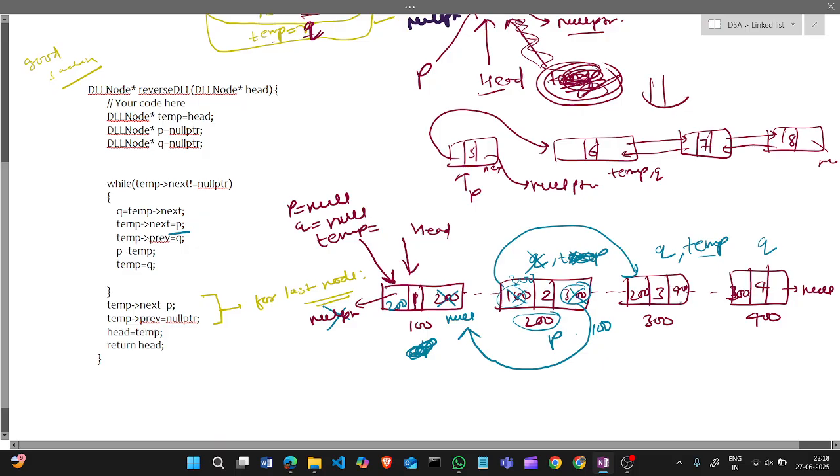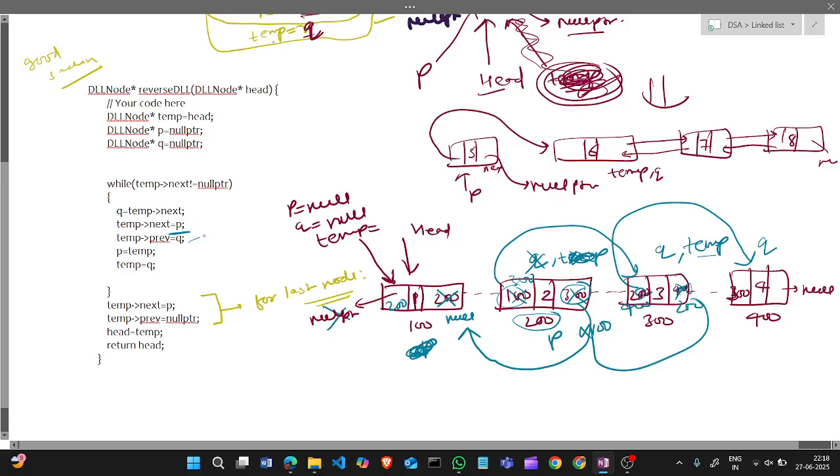Temp next means p, so p is 200 here. And temp previous as temp next, means q, so this will become 400.